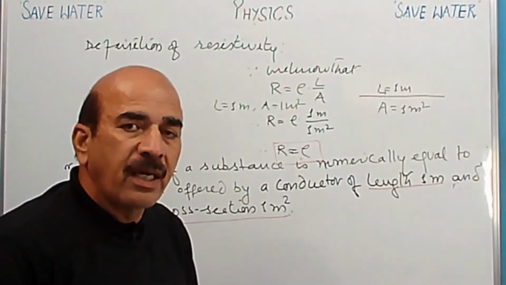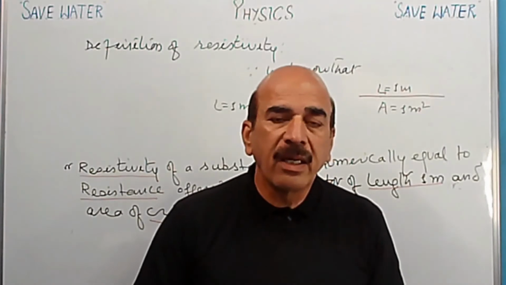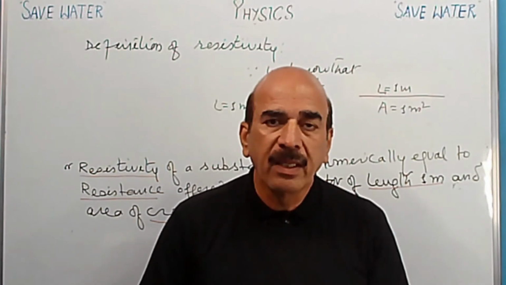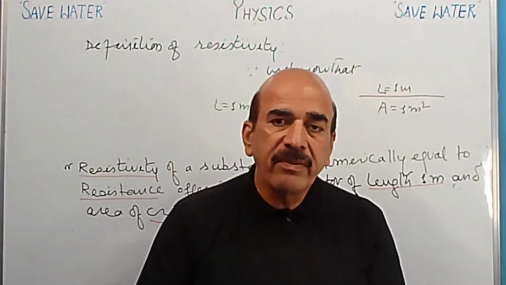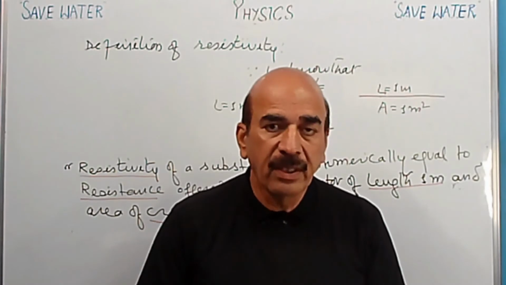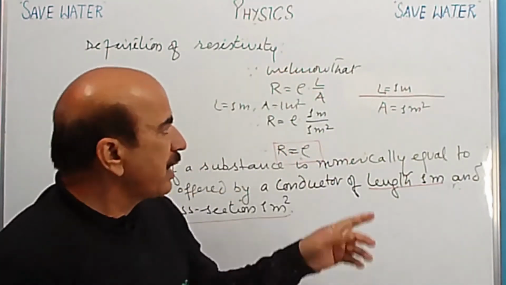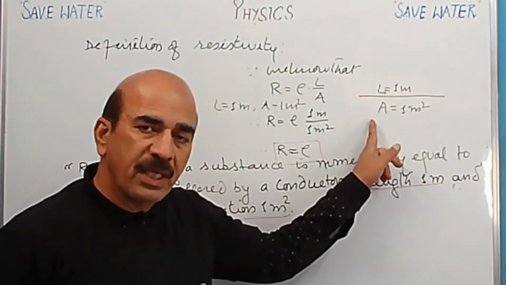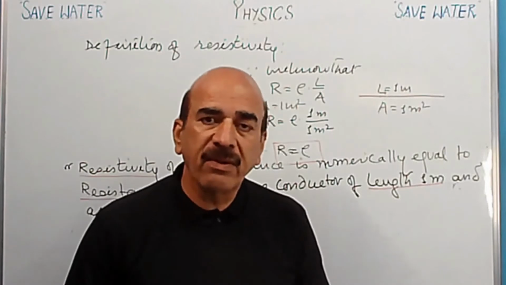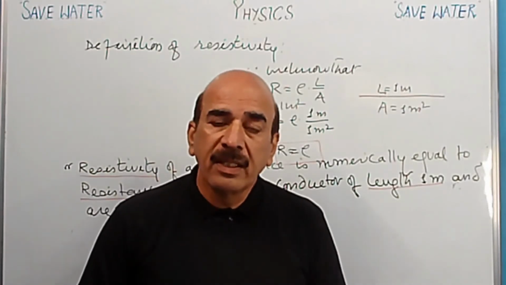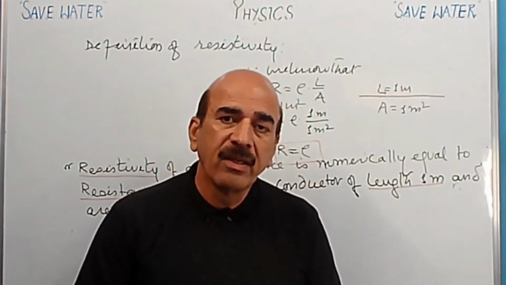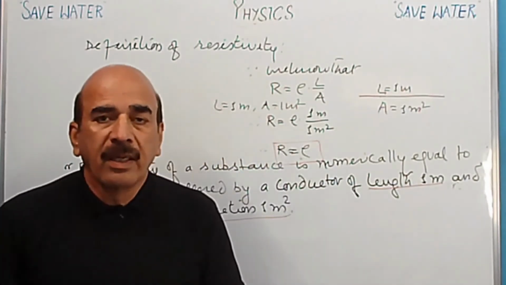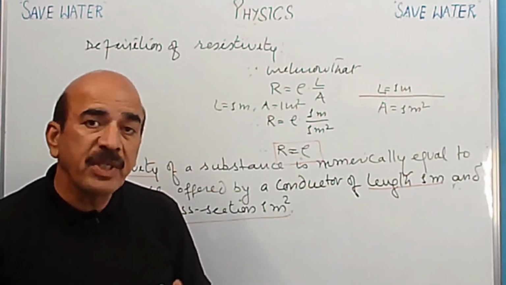Now after that, like resistance, is there any factor which can change the resistivity of a substance? Yes. Can it be changed by changing the length of the conductor? No. Can it be changed by changing the area of cross section of the given conductor? No. Then what are the factors? Who will give the answer? Raghav is saying, sir, yes, it can be changed.